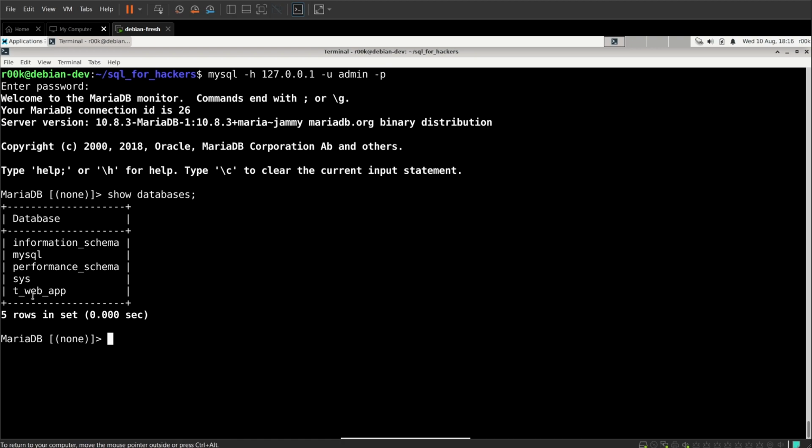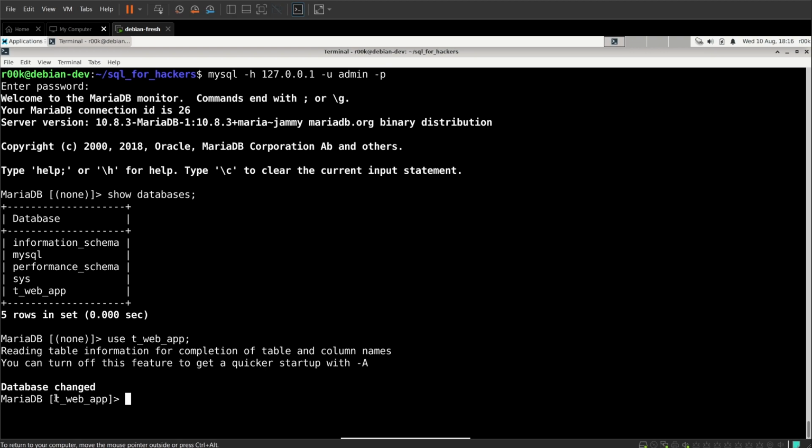The one we're concerned with for this series is the T-WebApp database, and that's the test database that I set up to use as examples throughout this series. To be able to use the database, we're just going to use the use command. So we're going to use T-WebApp. And now you can see that the targeted database is updated, and we can see that we're using the T-WebApp